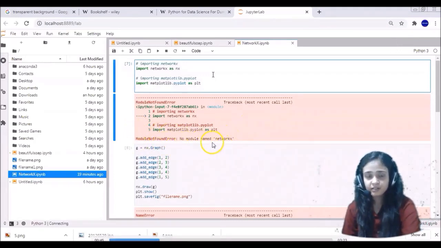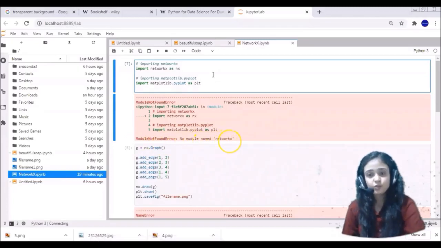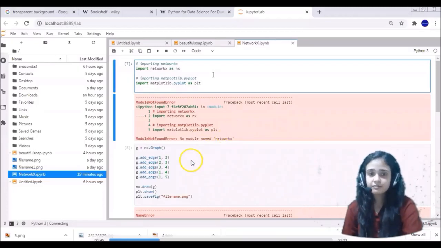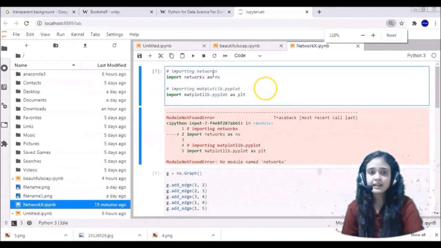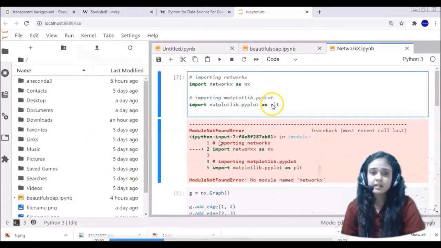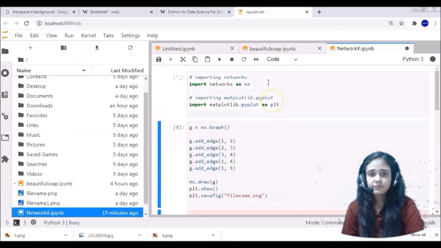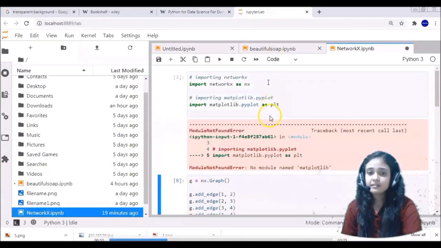You can see that it shows no module named networkx. When NetworkX is not present in your default configuration, it will throw an error like this. After the installation, let's see what happens. Now I am running this code again.